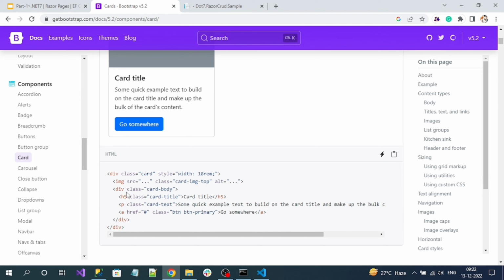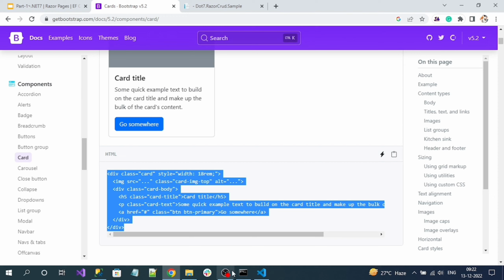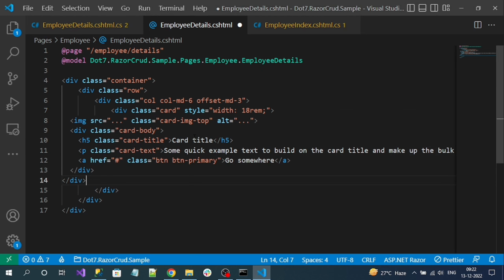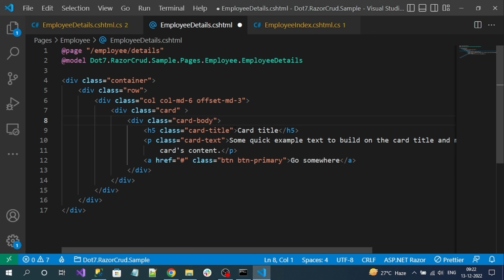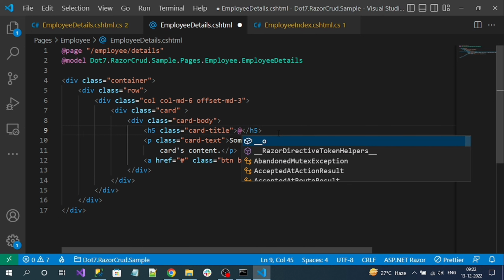Okay, and here I can copy these cards, add it here, and let me remove the width of the card. And I don't have any image tag. Let me remove it. And here title. So I want to render my employee data here. I want to render my employee name here. Okay. So name will be